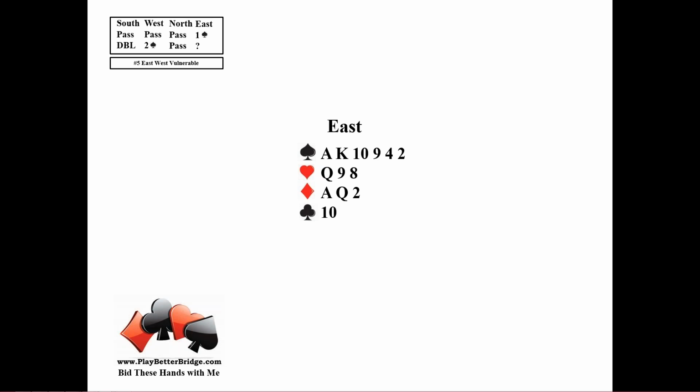Hand number 5, it goes pass, pass, pass. 1 spade with this hand. I think everybody would open a spade. Double by south. Now that's a passed hand double, by the way. Notice that. That's not a full value double. South passed originally. So I would think that south definitely has 4 hearts and has not, say, 9 to 11 high card points, right? Because they were originally a passed hand. All right, so double, partner bids 2 spades, and north passes, and it comes back to you,